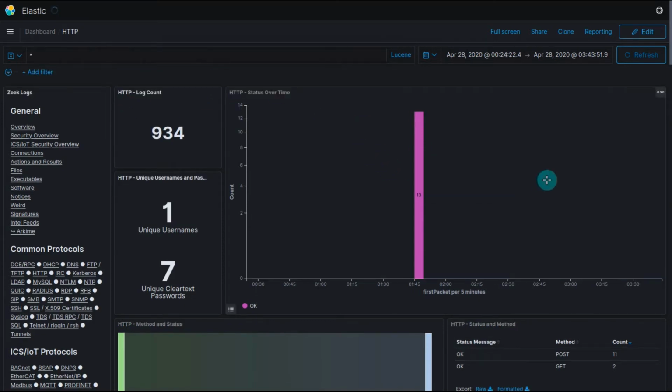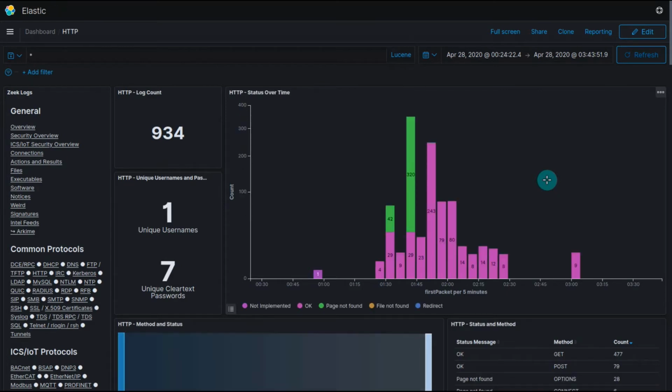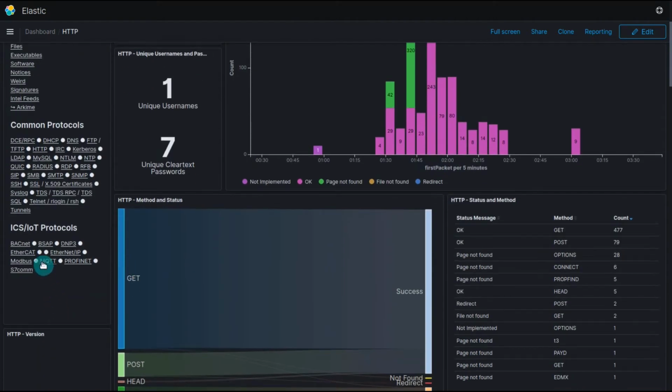The next question was, how many EtherNet/IP stop operations were observed? And again, I just picked that protocol at random, right? Pick whatever protocol you're interested in. But what we're really looking for is the actions that were being performed by a particular protocol. In this case, since I am interested in EtherNet/IP specifically, and we'll look at two different ways to do this,